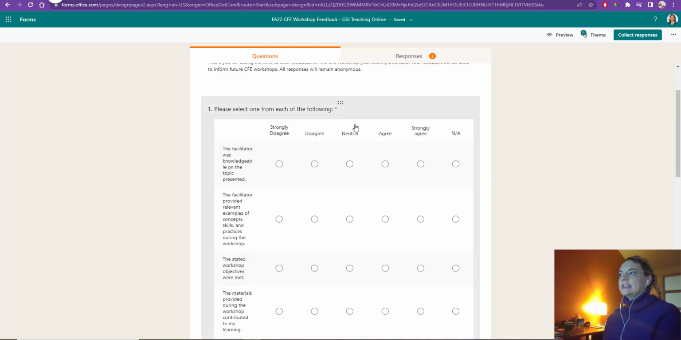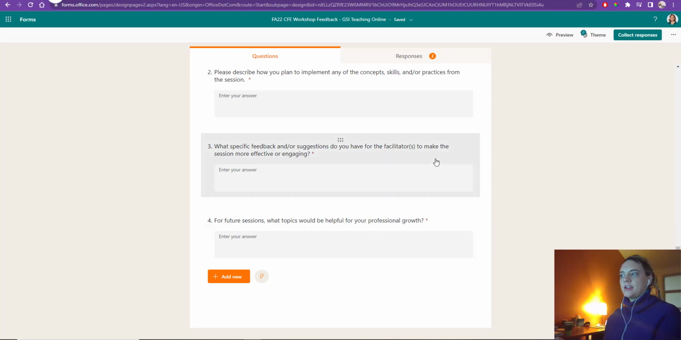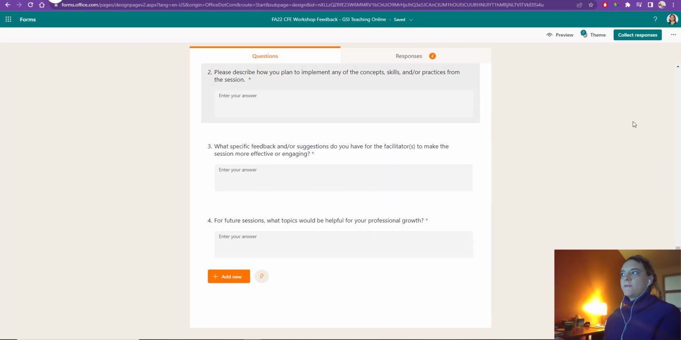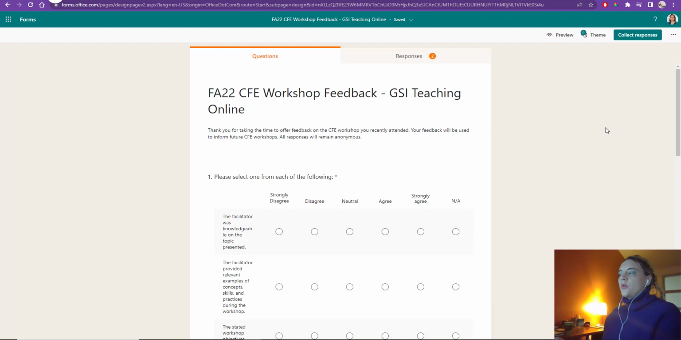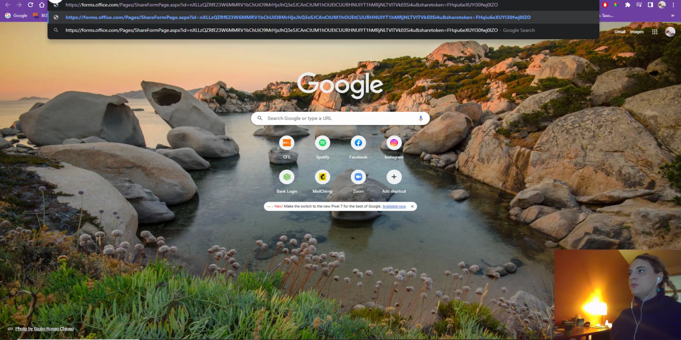We have our Likert scale here that we've already built, and then our narrative or descriptive feedback where attendees can type a long form answer. What I've done is shared a link to the template of this, and basically what you want to do for creating a template is go over to the settings over here, collaborate or duplicate, and share as template, and then you would copy. So for your next workshop, you would then just paste that into your browser,